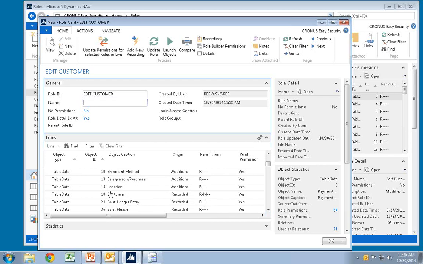I recorded that I needed to modify my customer, and because I can modify my customer, I should really have read permission to the salesperson, the shipment method, the location, and so on. And all those things are actually added in here automatically by EC Security.